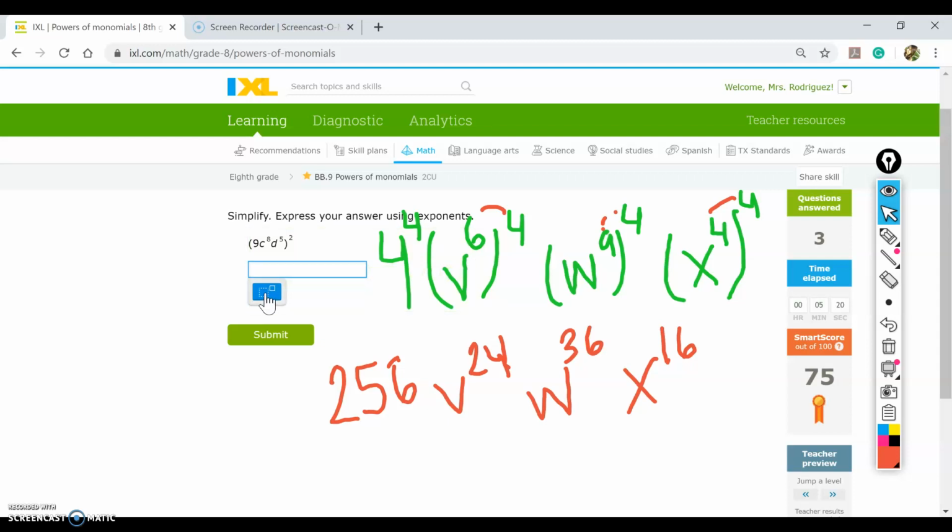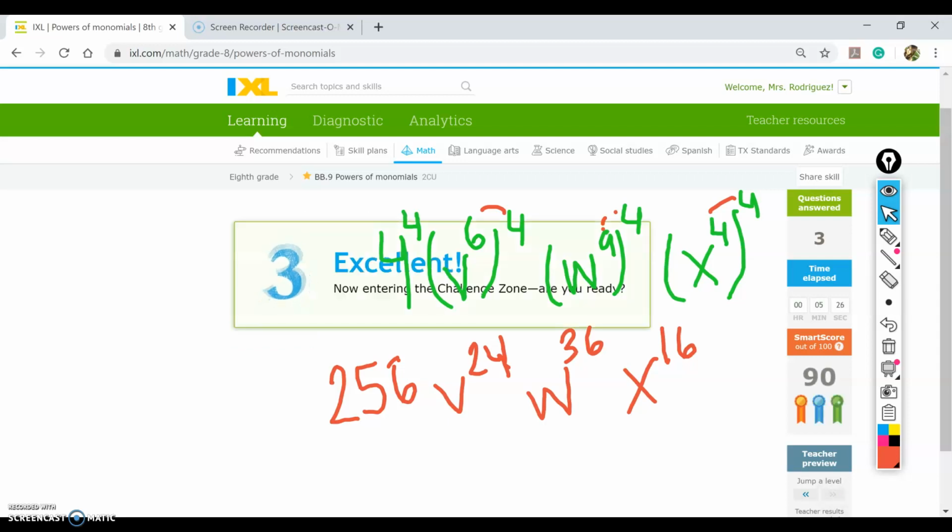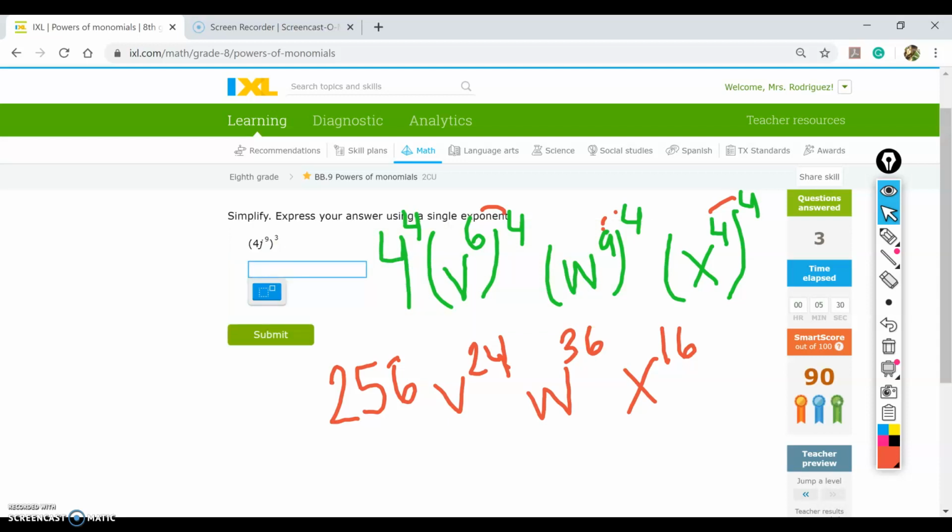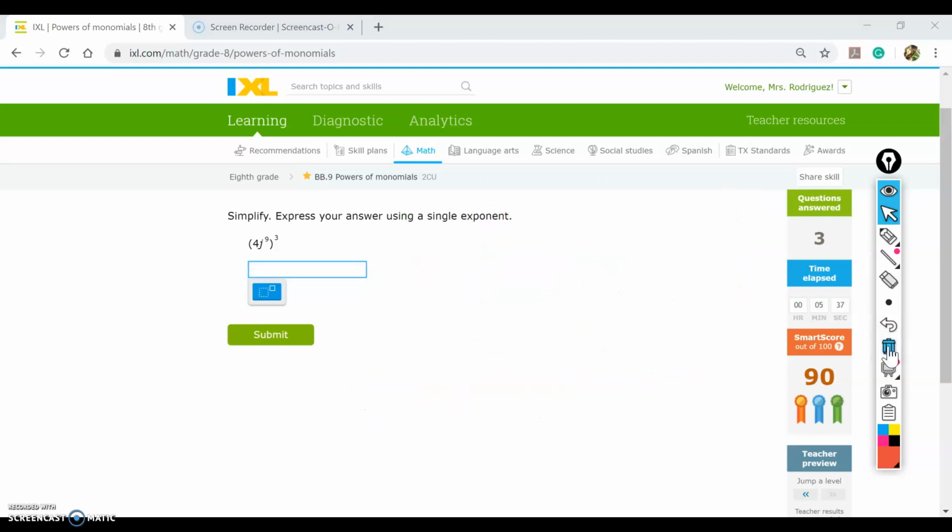Okay, now I'm going to do one more question for this skill. Let's go forward. Oh, the challenge zone. Oh my God, look how simple that question is, and it's on the 90s. Okay, so let's do this one together. So I have 4j to the power of 9 and everything to the power of 3. That means that I need to do